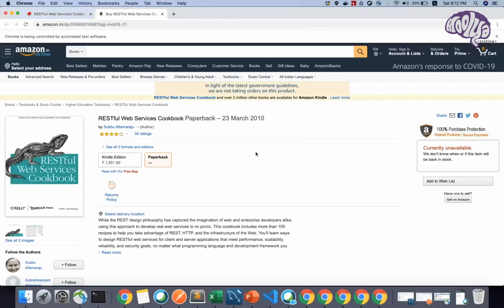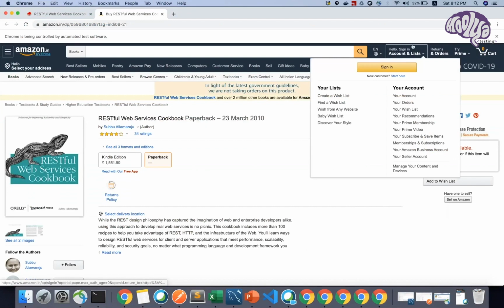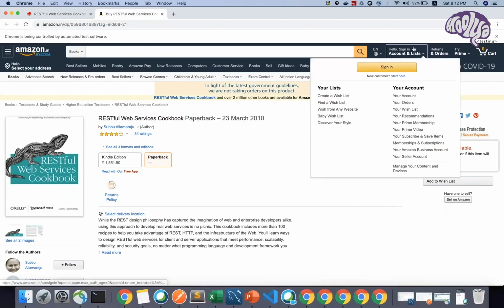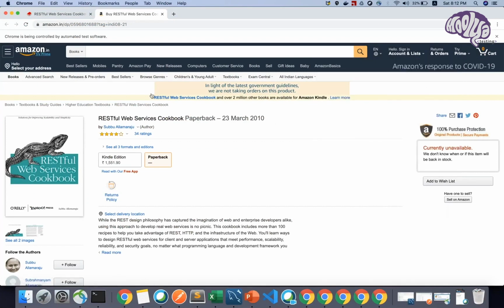The moment you click on add to wish list, it will show you a pop-up saying the list was added successfully. Verify that and then hover over this. It is not a click, you hover over this, again using the hover over command. Click on your wish list and make sure your list has the RESTful web services book added. This is your next test case.